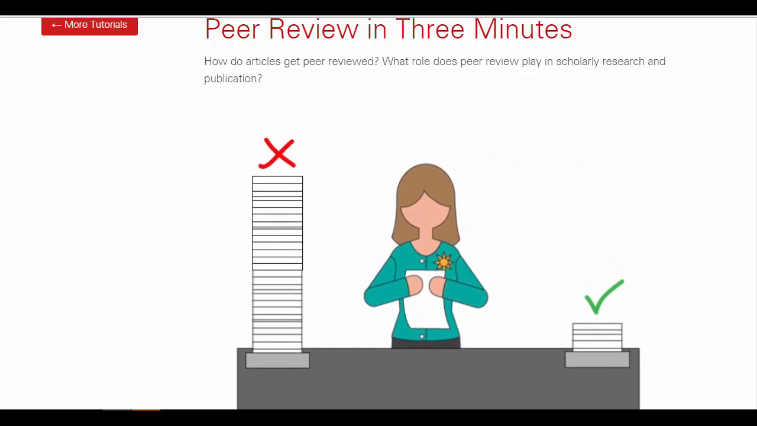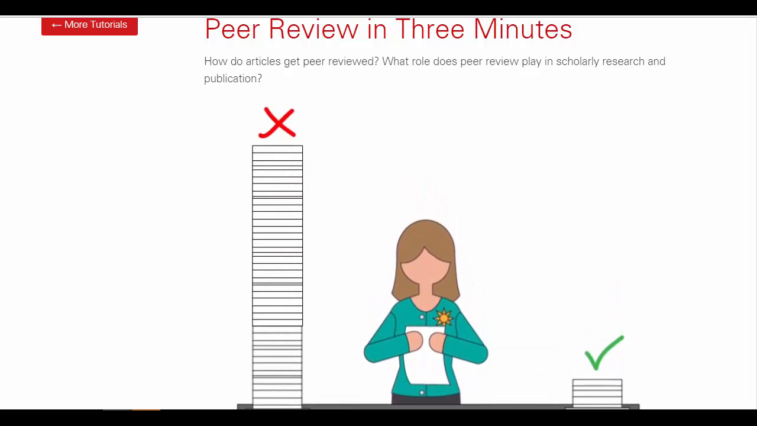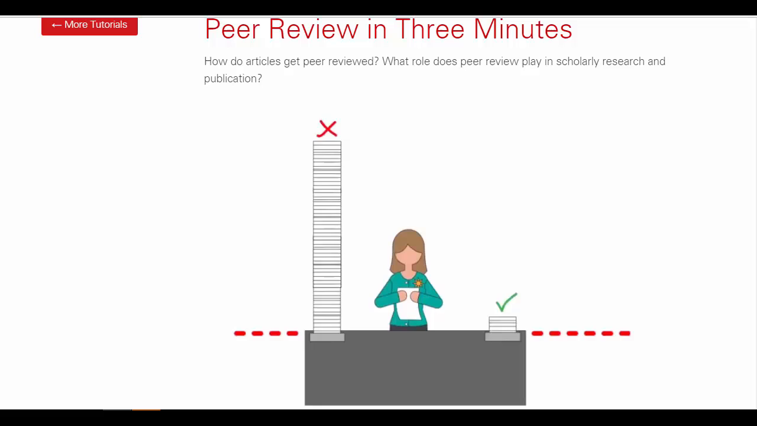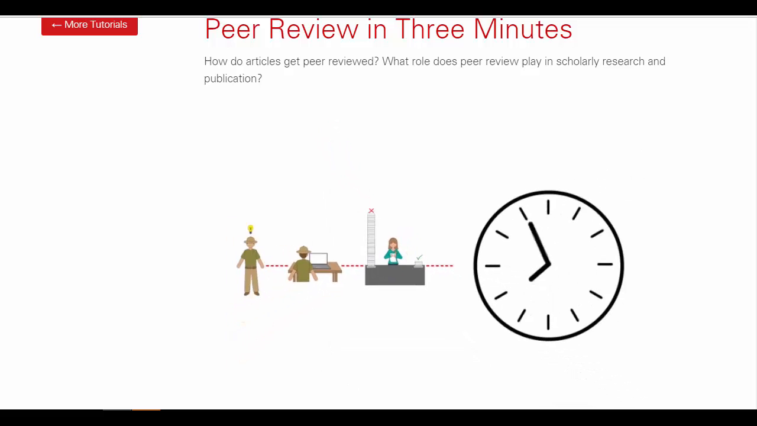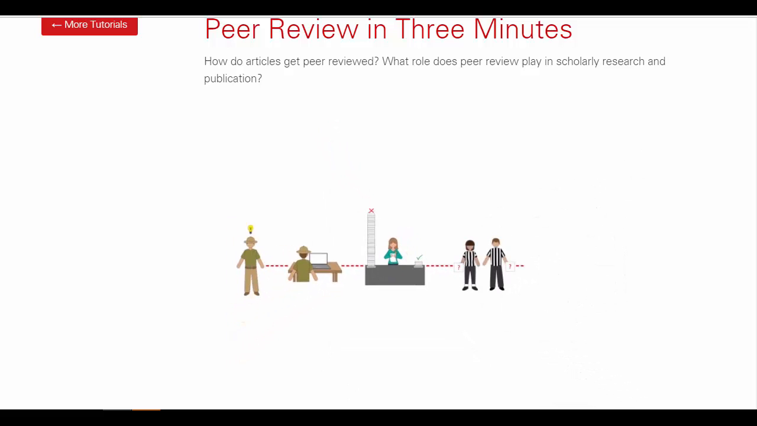Rejection is common, though. The most prestigious journals are very selective about the articles they publish, so they tend to have high rejection rates. Some journals reject more than 90% of the submissions they receive. From the time the researcher first submits his draft article to the time it is finally published, several months or